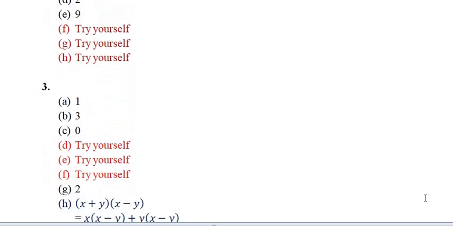Now let us talk about the degree of the polynomials. You can see out here in question number 3a, as I have already said, when any variable has no power, then we will assume the power to be 1. So the power of y is 1, power of x is also 1, and the power of z is also 1. So we will write the degree of the polynomial to be 1. Okay, understood?